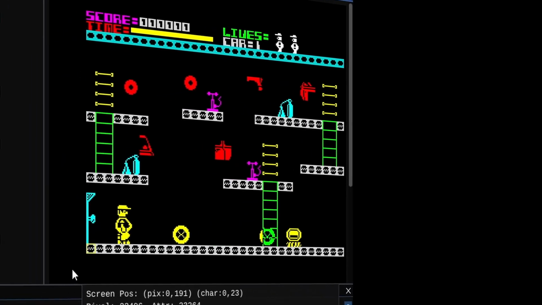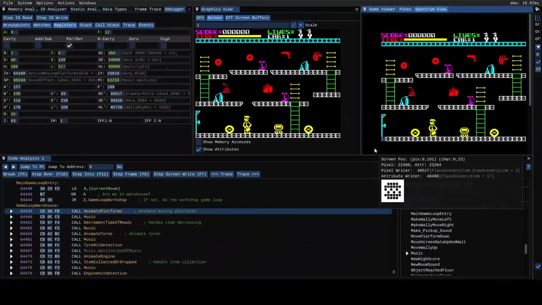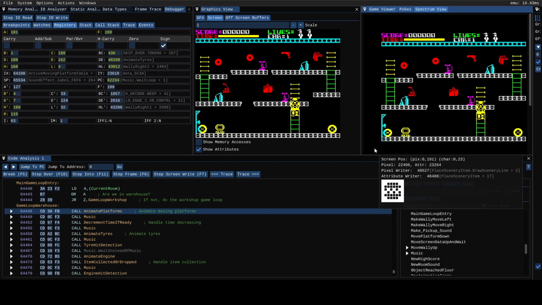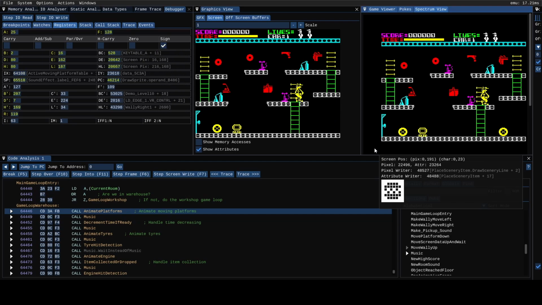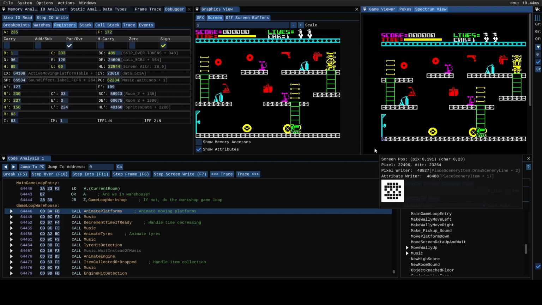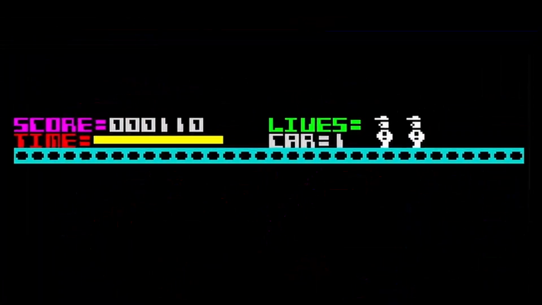This is the second part in my video series opening the bonnet on the ZX Spectrum game Automania and looking at how it works down at the level of the machine code. If you've not yet seen part 1, I'd recommend starting there. In this part and the next, I'm going to take a look at what happens just before the main game loop starts. In this part, I'll be specifically looking at how the game sets up the status bar at the